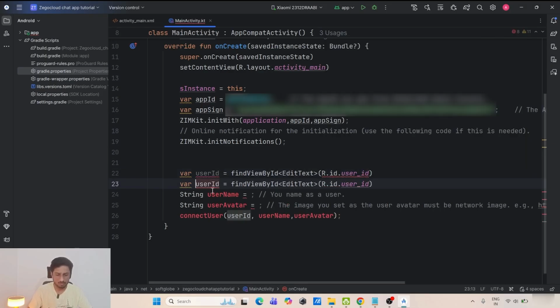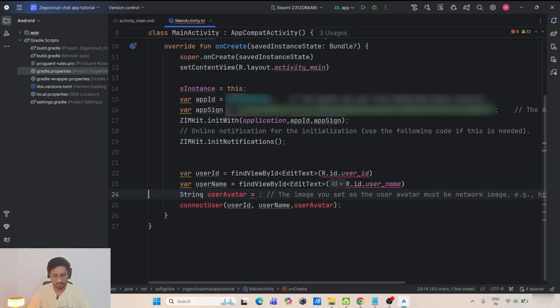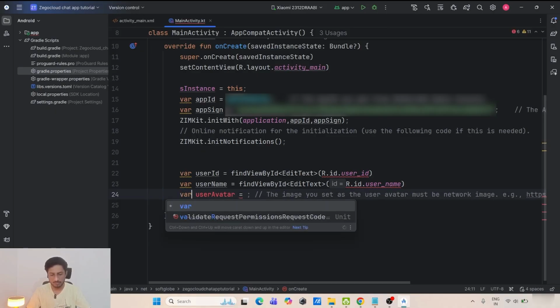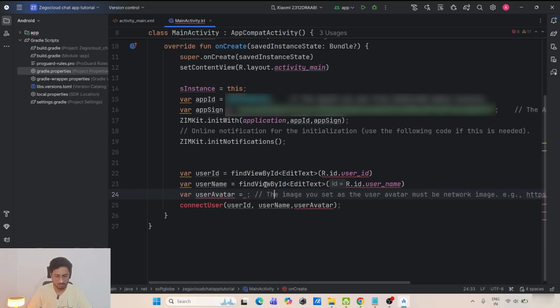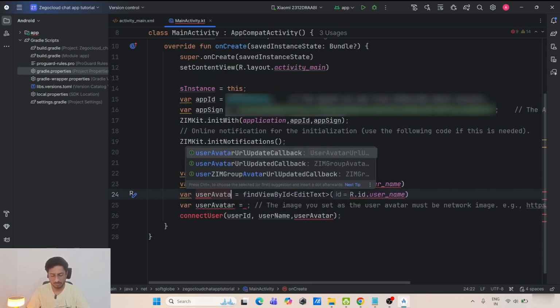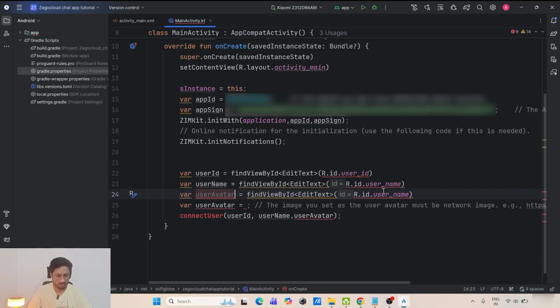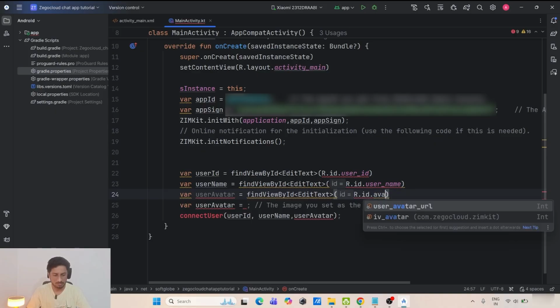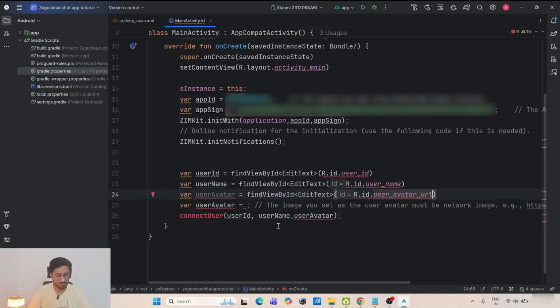The same I want for username equal to user_name, and after that the user avatar, it will be the same, user avatar URL. Okay,